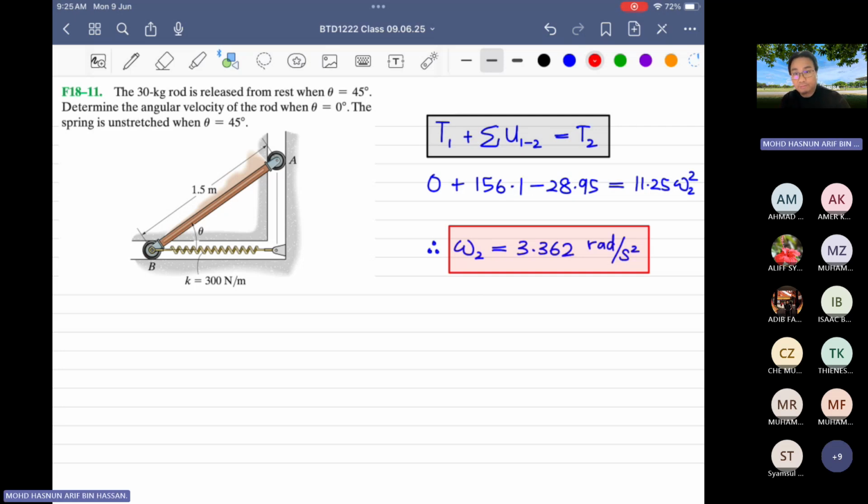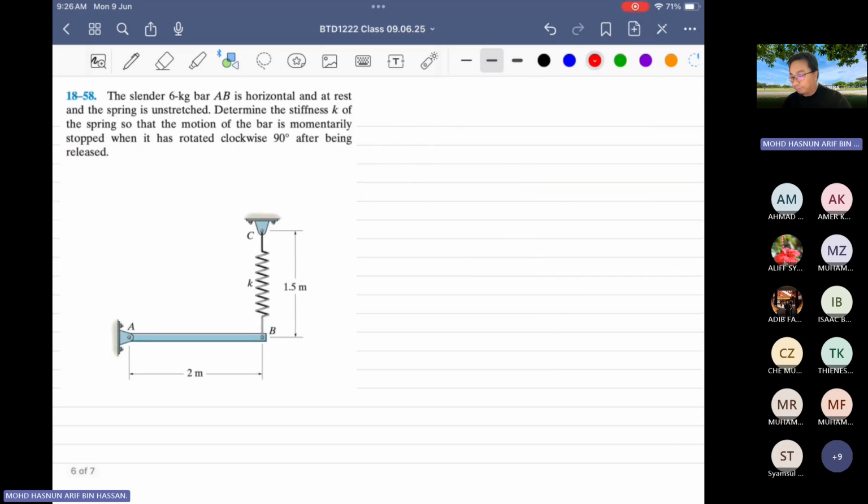Any questions? Okay, if all clear, let's move to the last example for today, and also the last example for this subtopic, work and energy. In the next class, we will continue with impulse and momentum. Okay, this will be the last example. Before I continue,